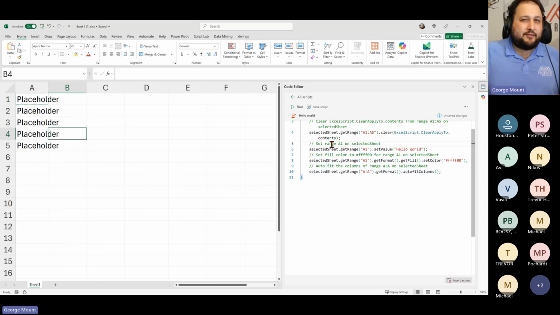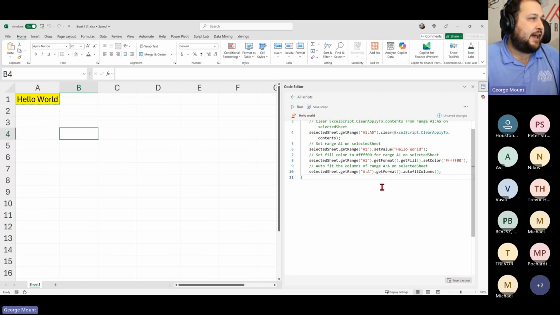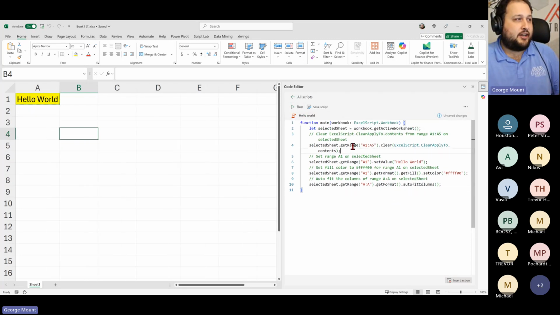This kind of reminds me of Power Query or M code, where we've got a lot of steps, one by one, and we're chaining a lot of methods together. If you've used Python before, this is a pretty similar technique as well, where we do one thing, we do a dot, and then we add another step, and we chain them together. So there are elements of programming languages that you might be familiar with, but this is really its own thing. Let's go ahead and run that, and you'll see that it does exactly what we thought it would.